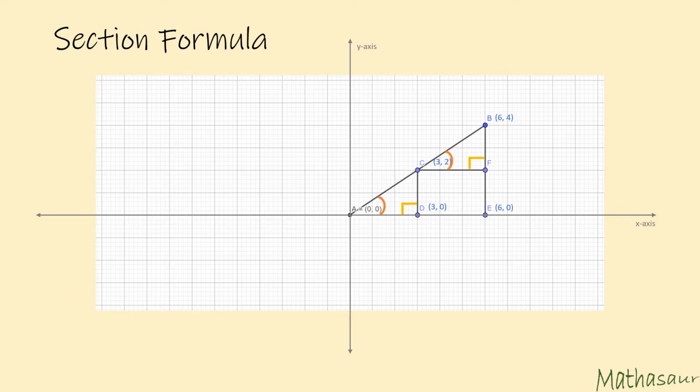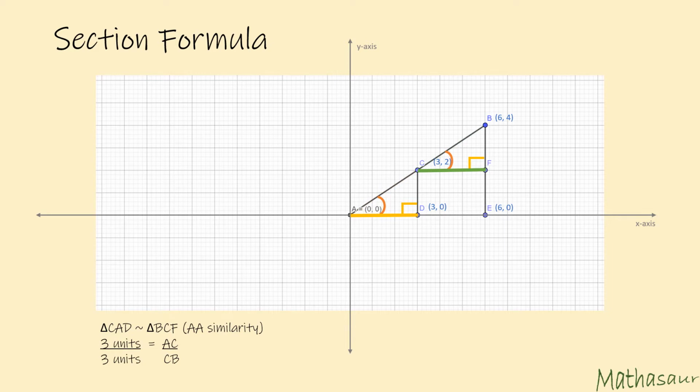And here are a pair of corresponding angles, where CF is parallel to the x-axis and AB acts as the transversal. We see that there are two similar triangles in the given figure. So triangle CAD is similar to triangle BCF due to AA similarity. Now we know that in similar triangles, the ratio of the corresponding sides is equal. So AD by CF should be equal to AC by CB.